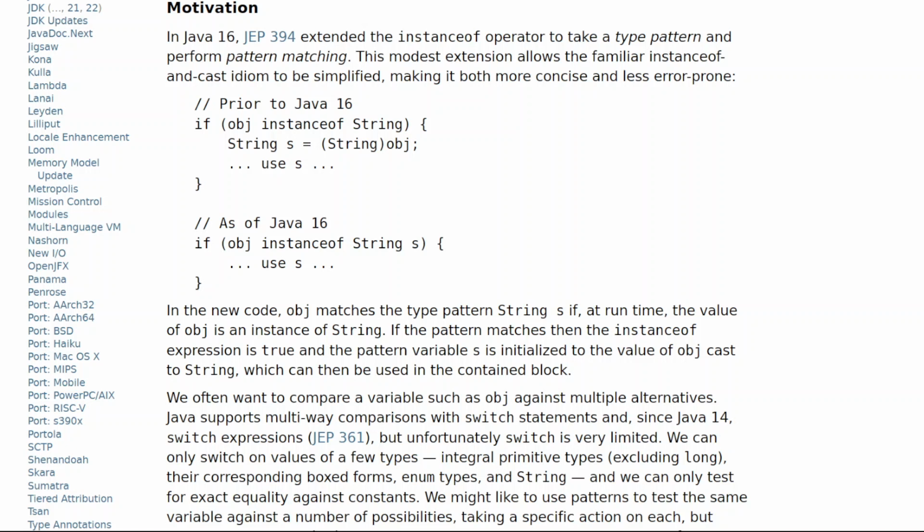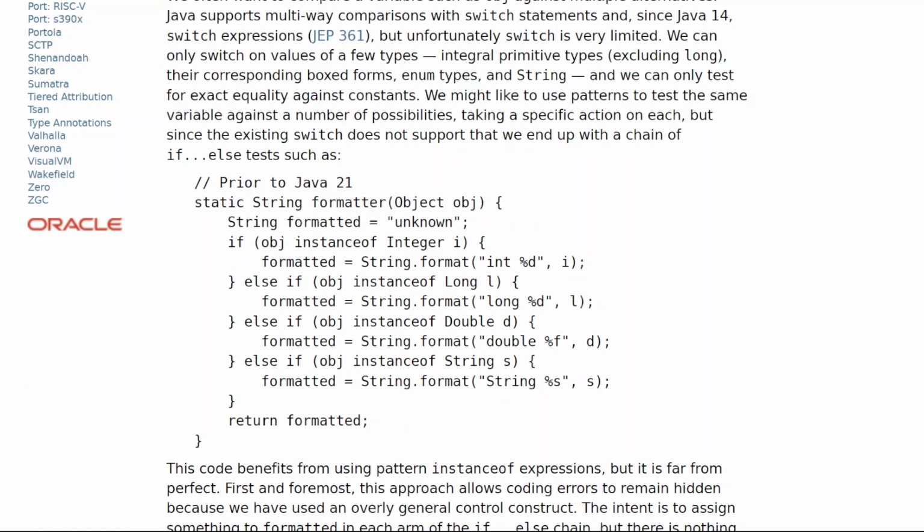We often want to compare a variable such as obj against multiple alternatives. Java supports multi-way comparisons with switch statements and, since Java 14, switch expressions, JEP 361, but unfortunately switch is very limited. We can only switch on values of a few types: integral primitive types, excluding long, their corresponding boxed forms, enum types, and String, and we can only test for exact equality against constants. We might like to use patterns to test the same variable against a number of possibilities, taking a specific action on each, but since the existing switch does not support that, we end up with a chain of if-else tests such as: